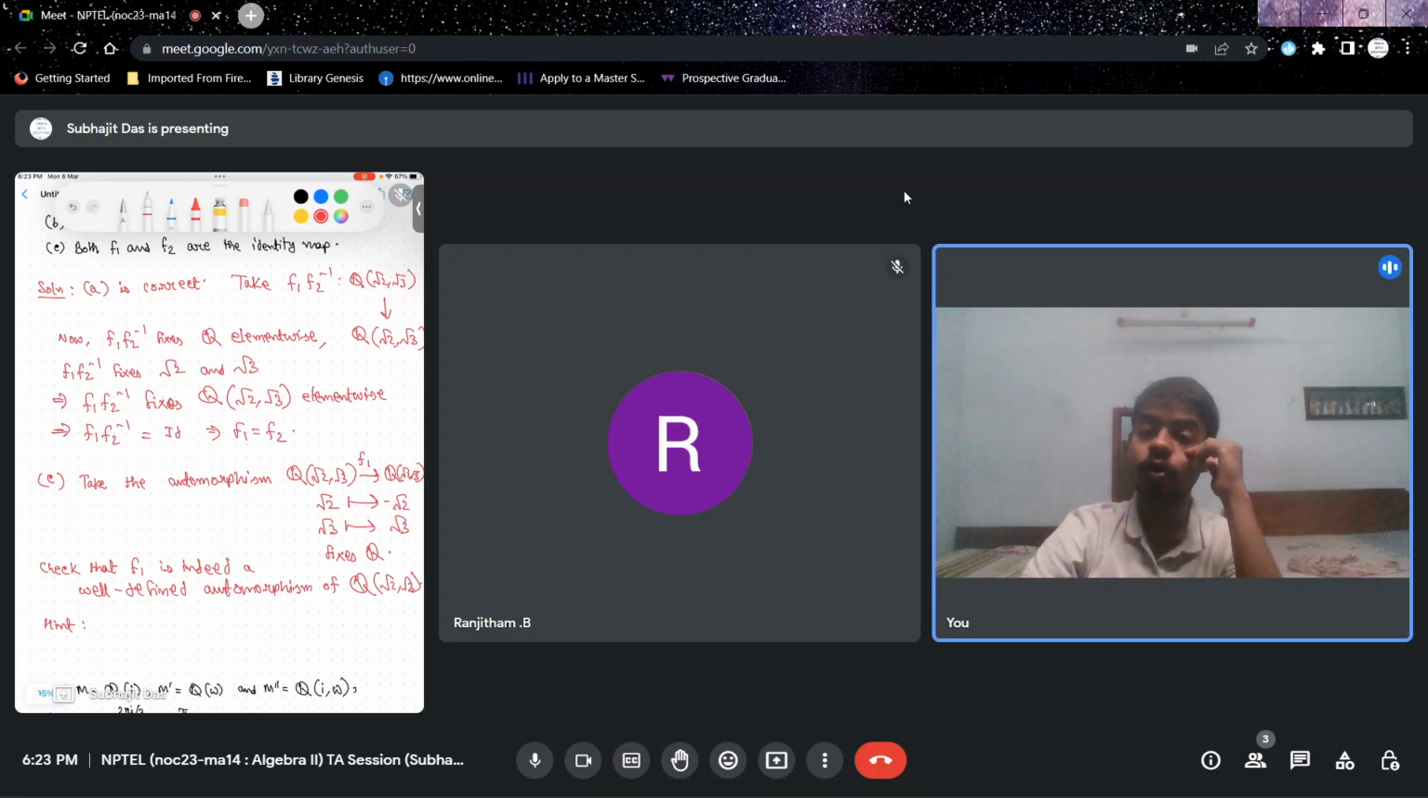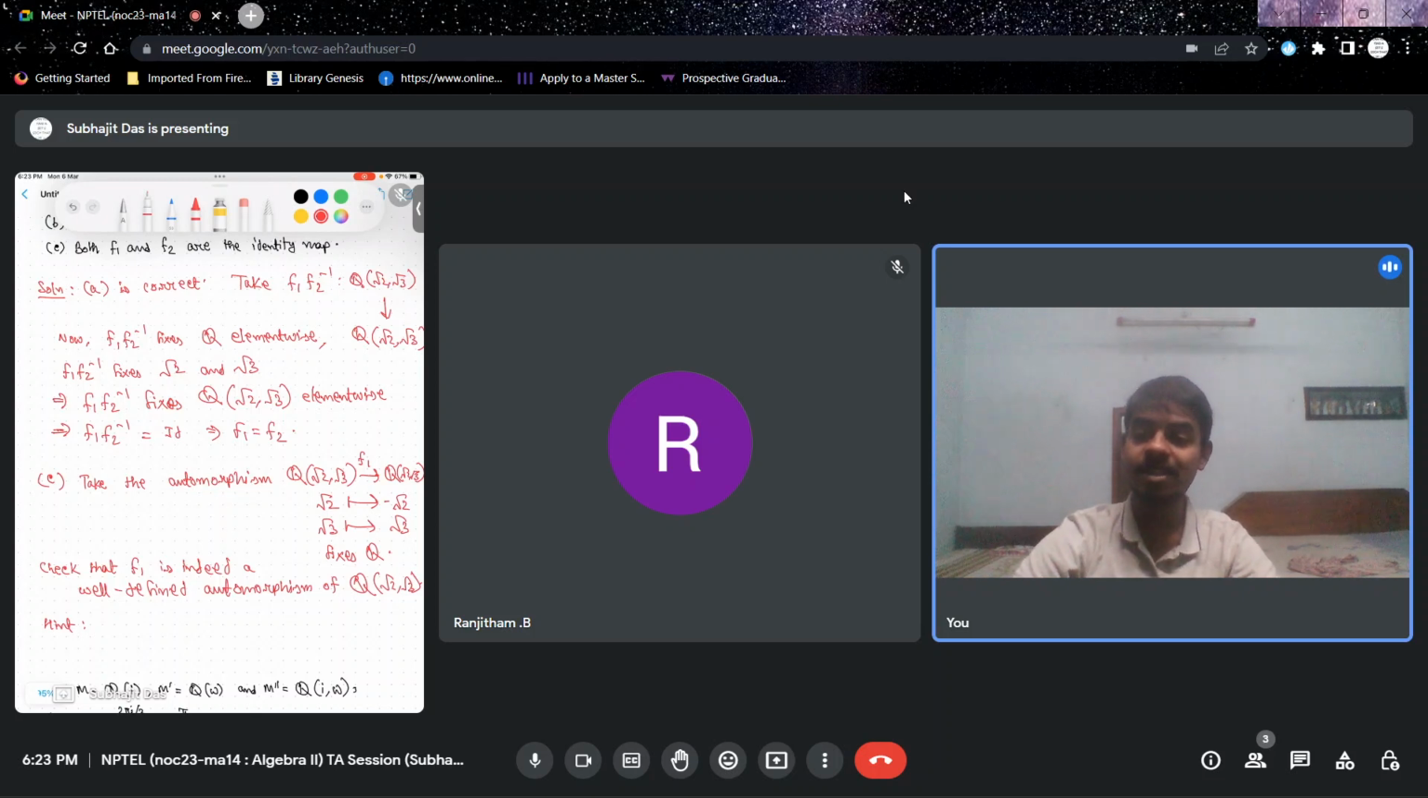Now if you take any automorphism sigma of Q(root 2, root 3) fixing Q, that is if you take any element sigma in the Galois group of this extension, then since sigma fixes Q, sigma should permute roots of polynomials over Q, right? So in particular, sigma permutes roots of x square minus 2, which is a polynomial over Q. So the only possible images of root 2 under sigma can be either minus root 2 or root 2 itself. And the only possible images of root 3 can be either root 3 or minus root 3, because sigma permutes roots of x square minus 3 as well,